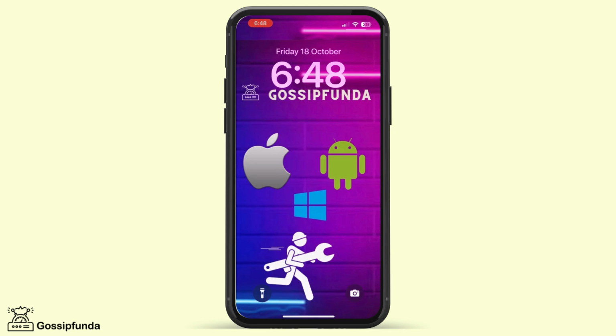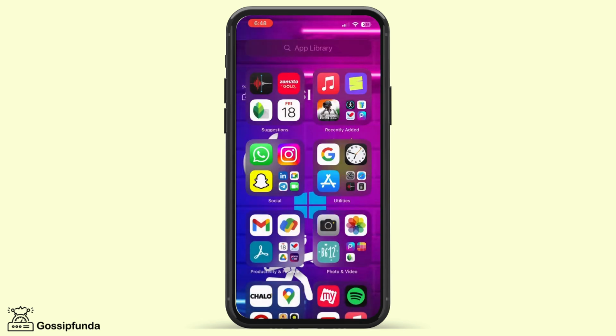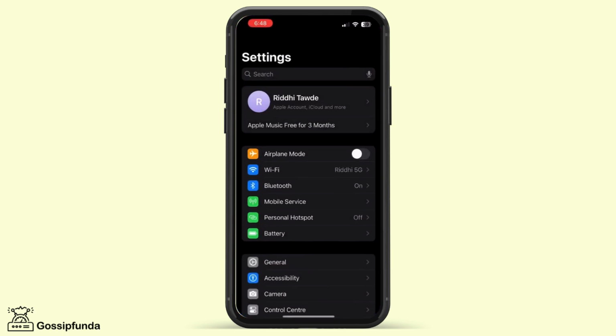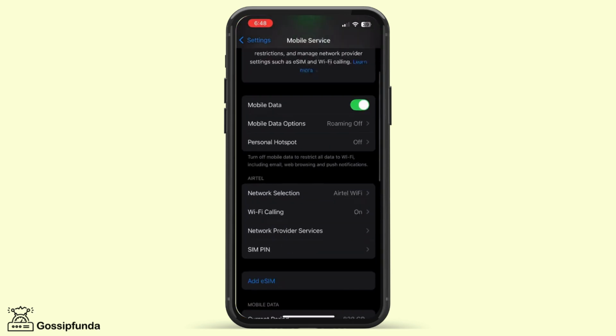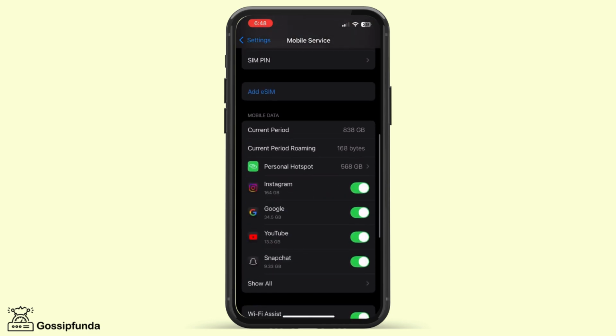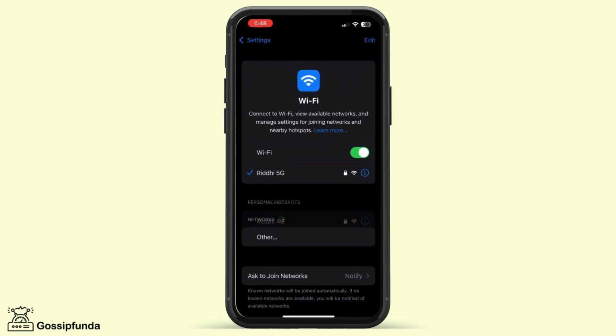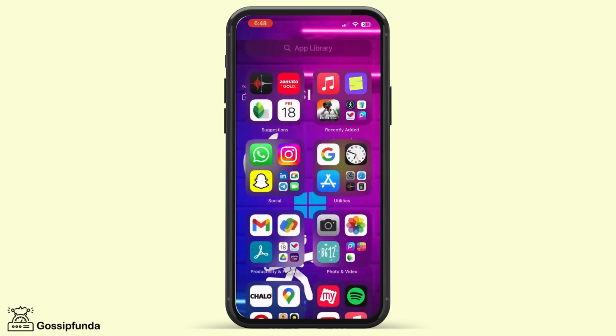First is to check your internet connection. For this, you need to go to the settings and you need to check that you are connected to a stable Wi-Fi or cellular network. If there is any issue in the network or the Wi-Fi is not working, the application search menu would give an error.